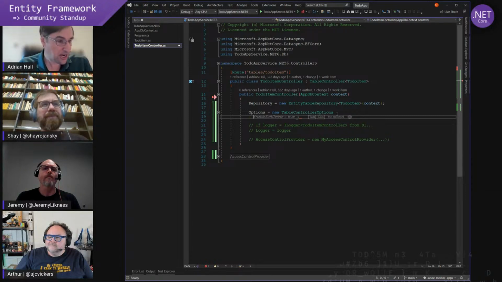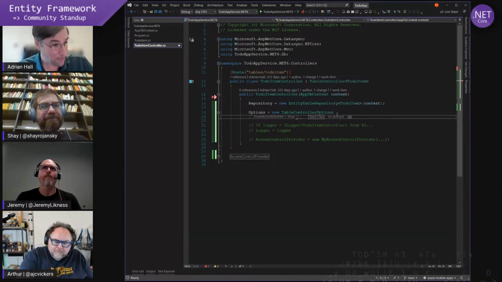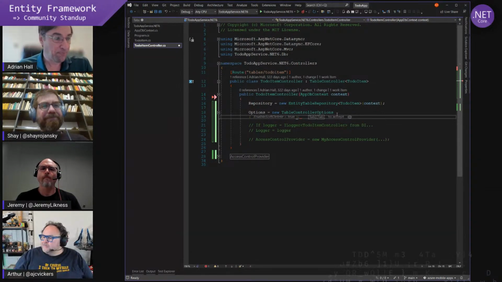Max top and page size are about efficiency. So, if you've got a database table with 100,000 records, but you don't want people to ask for 100,000 records at one time, you can set a max top. And the page size allows you to be efficient about transfers. So we page through the records when you ask for a list. If you've got those 100,000 records in your database, we'll feed them out to you 50 at a time.